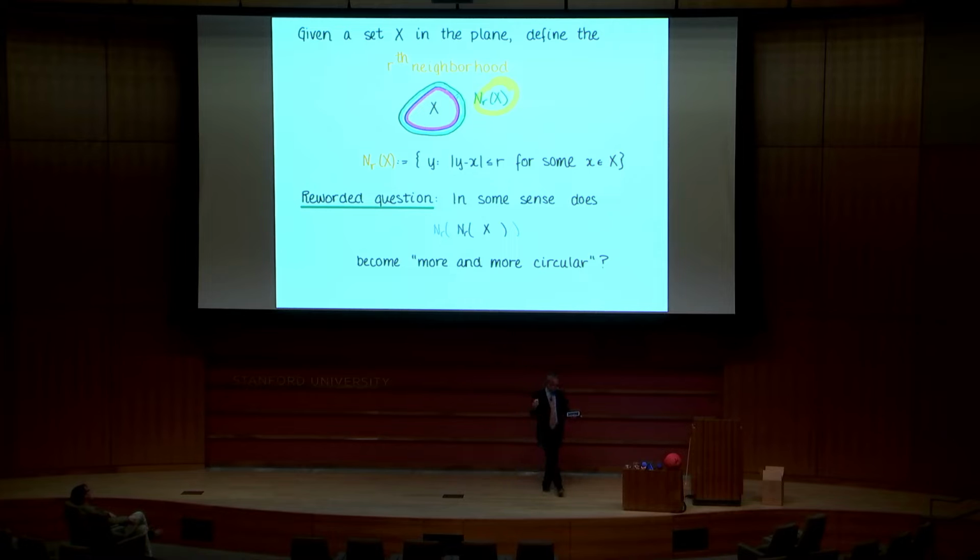And now that I've said it, I can reword my question and sound fancier, but really say the same thing, which is: I'm going to start with the shape x, and I'm going to doodle around it. Let me do it this way. I do one doodle around it, and then I do a doodle around that. So that's that shape. And I keep on going, and I do it again and again and again. And it gets to my 5-year-old question, which is now sounding fancier: does it get more and more circular? And I still don't really know what this means,